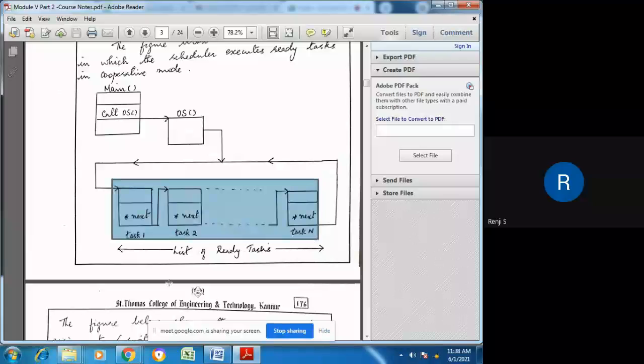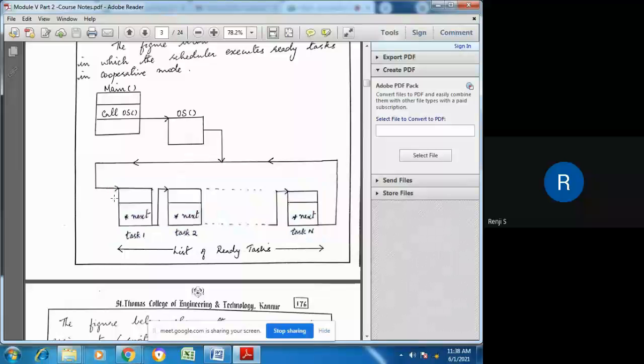So the priority of the task depends on its position in the queue, and the task that has entered first will be executed first, and when it completes its execution, only the next task gets executed. So task 2, even though it is ready, will wait for task 1 to get completed, and so on. This goes on until all the tasks have been completed. And when all the tasks have been completed, it returns back to the first task, and this process is repeated. Okay, and the execution of these tasks is based on the interrupt that arrives.